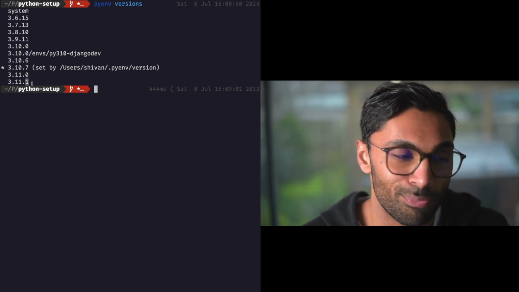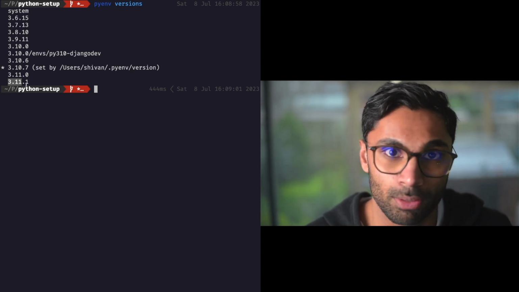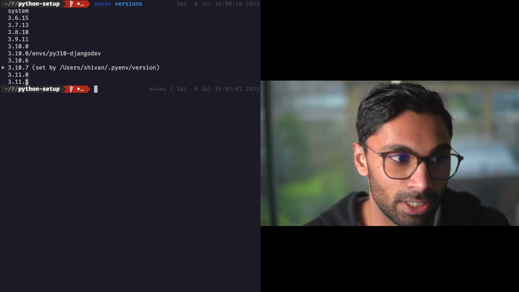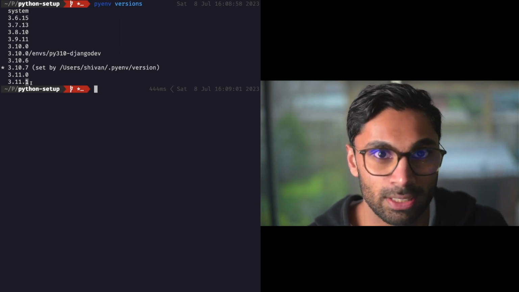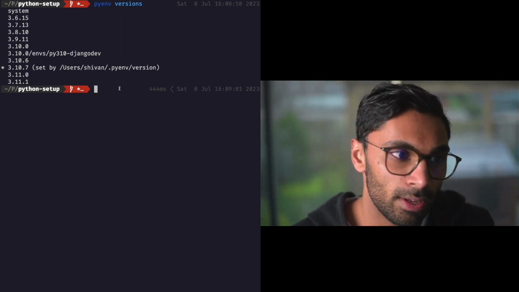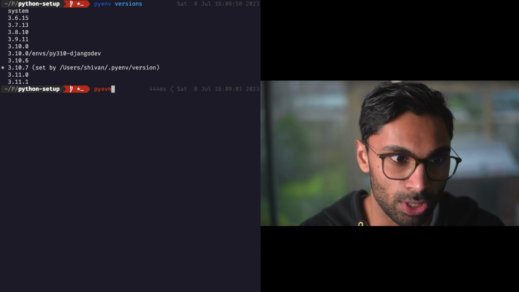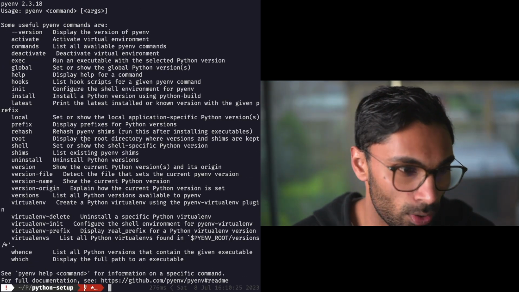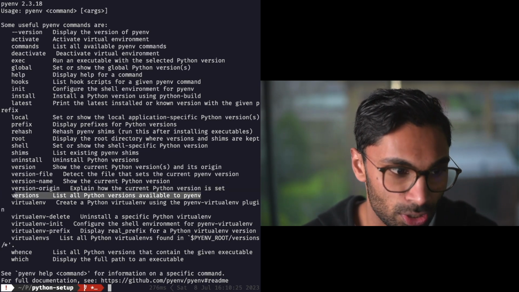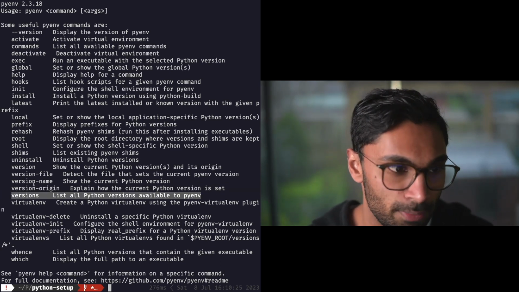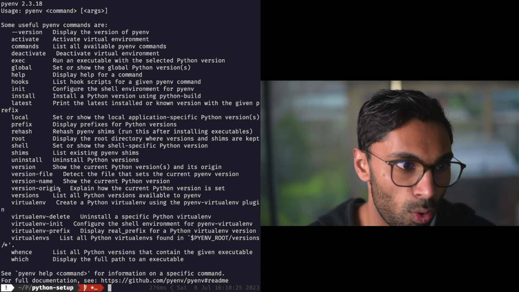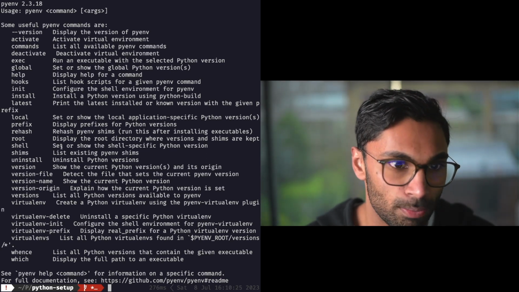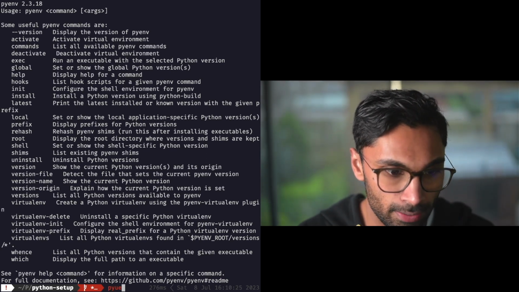So for example, Python code that runs on 3.11 with new features should be able to run on every single version of Python 3.11. The idea here is this is just for fixes and bugs and small things like that. So let's look at the versions of Python we can install. I need to look at pyenv and look at how to get all the versions. This is the versions that I have installed on my local machine, and I believe there's a way to get all the versions of Python. So I think is it pyenv